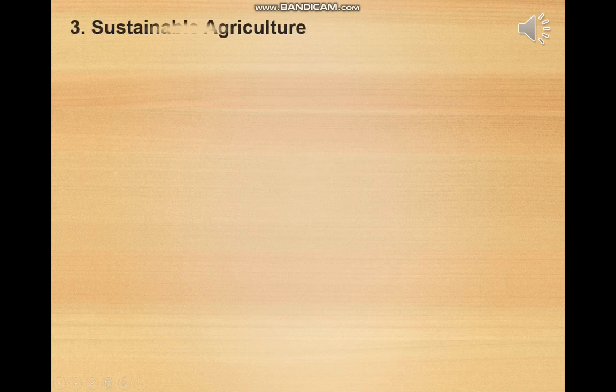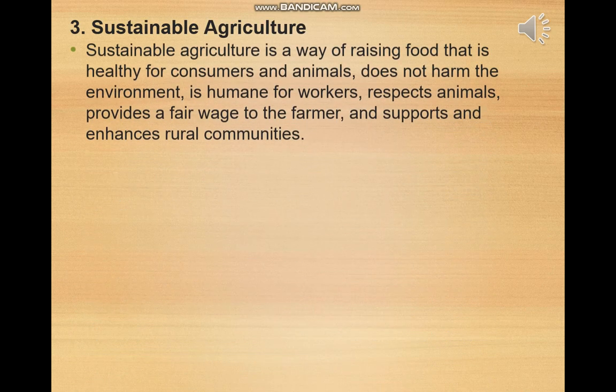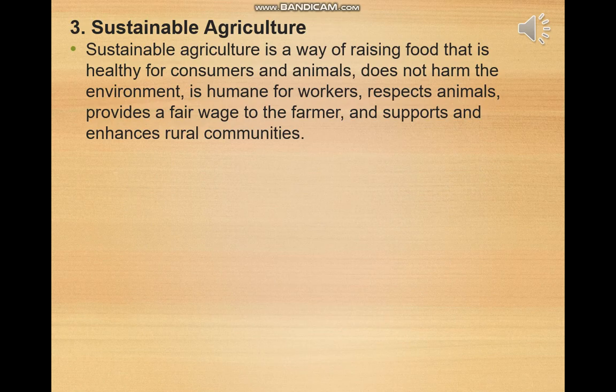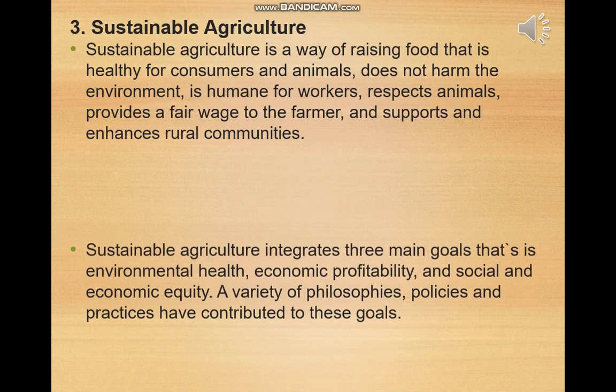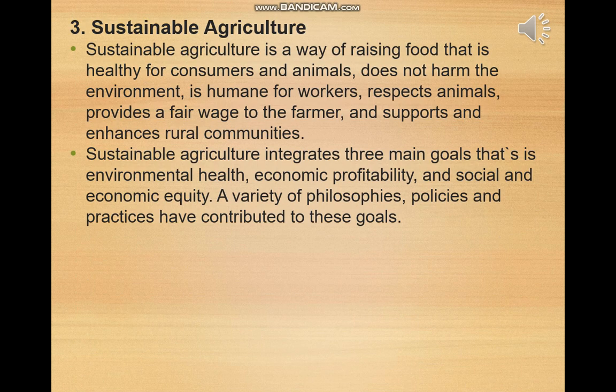Three. Sustainable agriculture. Sustainable agriculture is a way of raising food that is healthy for consumers and animals, does not harm the environment, is humane for workers, respects animals, provides a fair wage to the farmer, and supports and enhances rural communities. Sustainable agriculture integrates three main goals: that is environmental health, economic profitability, and social and economic equity. A variety of